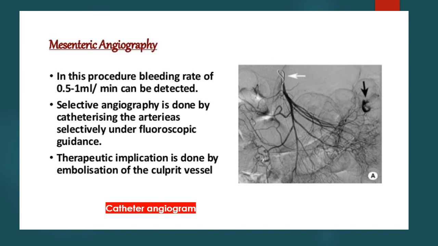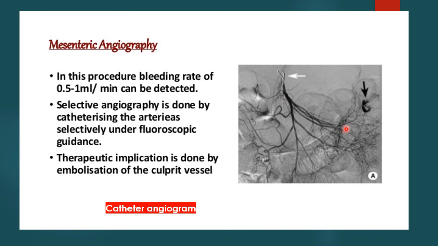Okay, next we come to mesenteric angiography. In this procedure, a bleeding rate of 0.1 to 1 ml per minute can be detected, so you need a minimum blood loss at this rate for it to be detected on an angiogram. Selective angiography is done by catheterizing the arteries concerned selectively under fluoroscope guidance, and these arteries are the superior mesenteric and inferior mesenteric. This is also therapeutic by